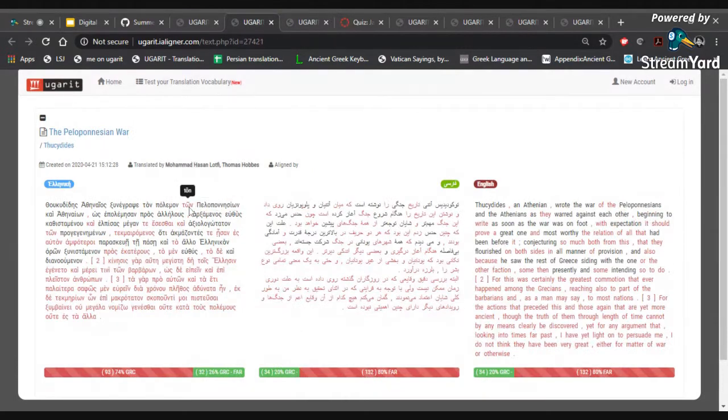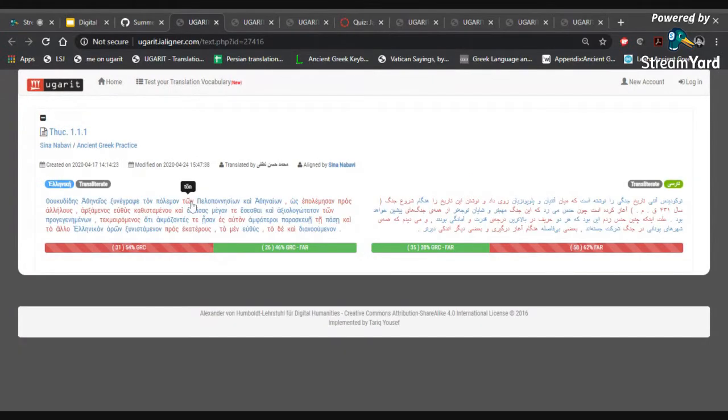Same here. Tone is not aligned with anything, and here also. So actually, if we look at it this way, the way the article is aligned is how the person aligning is understanding the article. That's why I think we can approach alignment not only as a way of, for example, learning vocabulary, which is